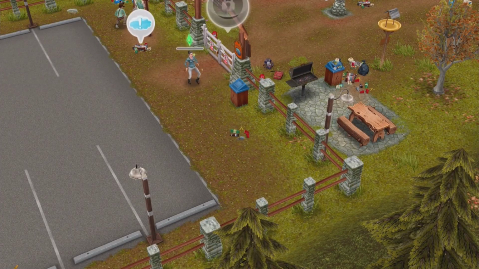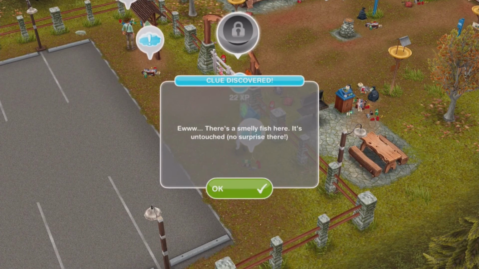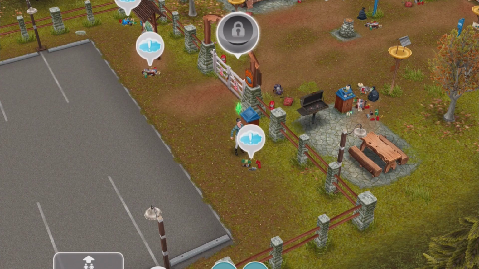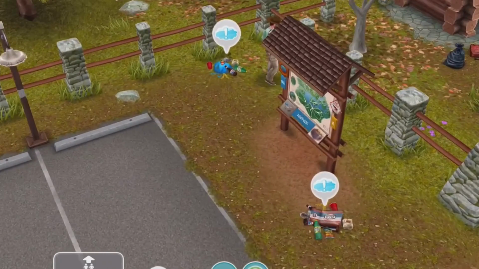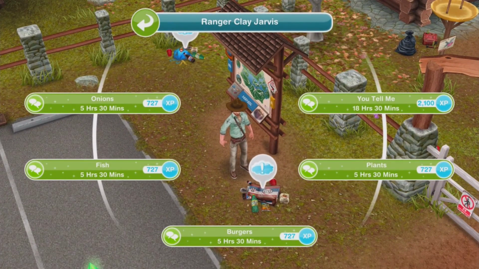Can't read properly today. Alright, and let's check out what's this final one. Ooh, there's a smelly fish here. It's untouched. No surprise there. Alright, that is a relief. Now, where is Clay? Where did he disappear? Behind this sign. So let's go tell him it was...